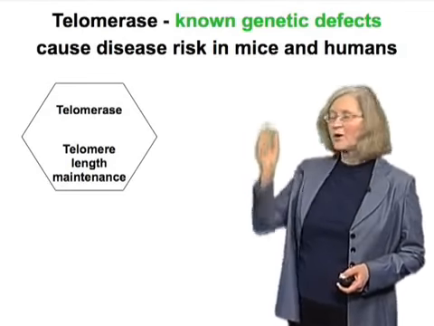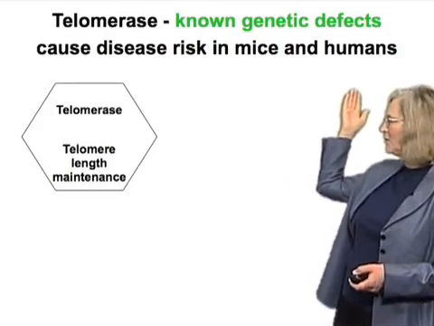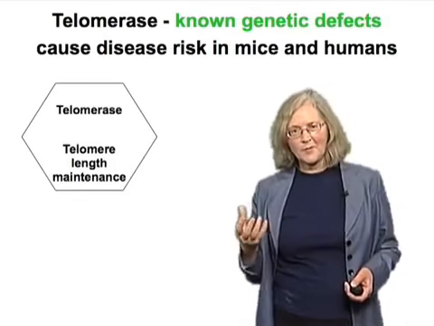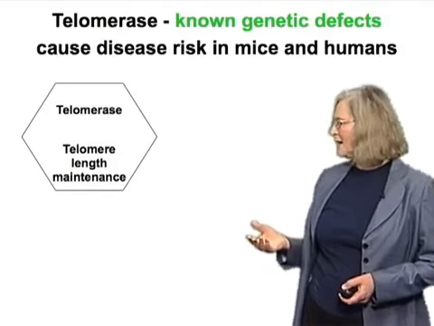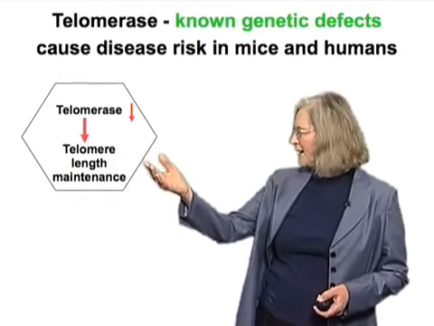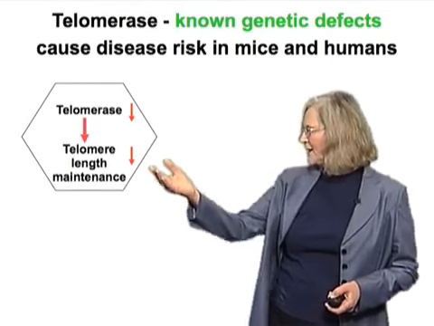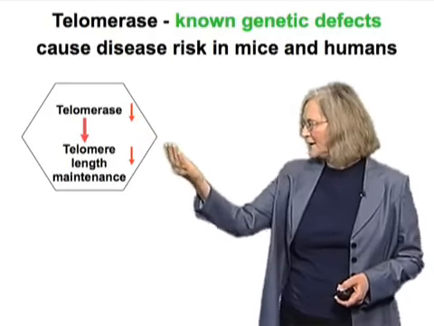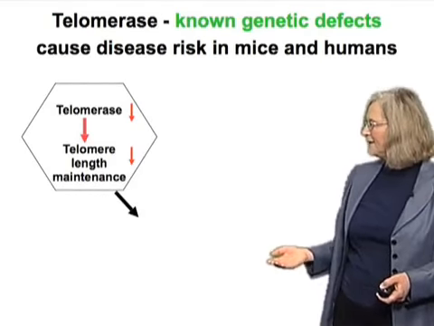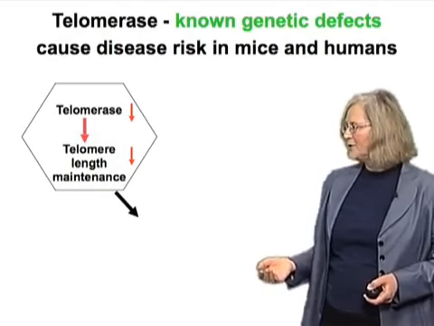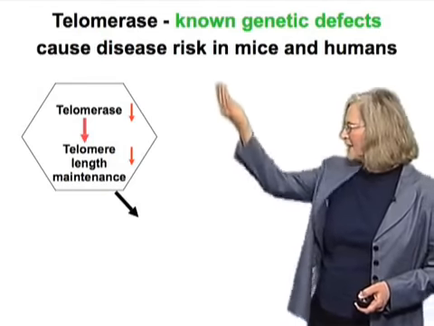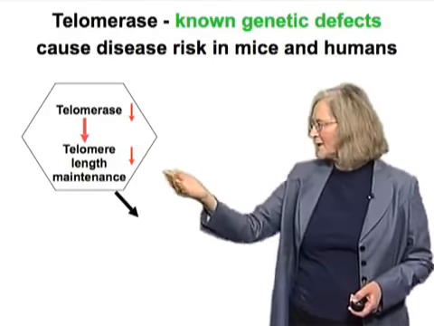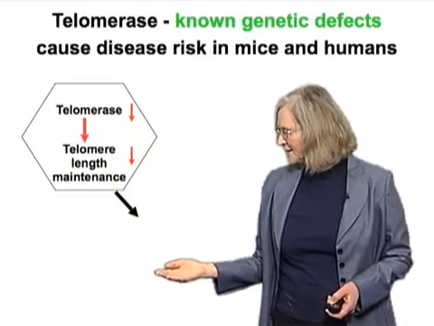Mouse telomerase has been knocked out in model organisms, and I told you about the effects of losing function of half the telomerase gene dosage in humans. Again, telomerase activity goes down and telomere length maintenance is going down. And in this case, the cause is known to be less telomerase, and telomere length does indeed go down. And indeed, one does see reduced ability of cells to replenish themselves in these situations where genetically telomerase has been knocked down. So one knows for sure that that is leading to these effects.